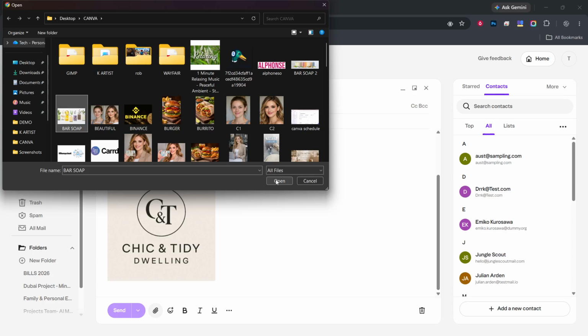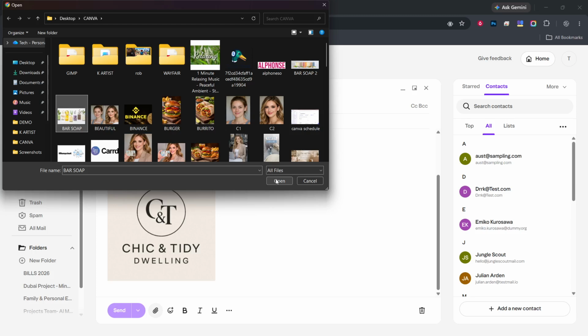Next up, choose the photo from your computer. This action is simple but significant. You will see your files and folders displayed, so find the image you want to attach. Once you locate it, click on the photo to select it. This is an important moment, as selecting the right image ensures your recipients see what you intended to share. After you choose the photo, you will notice a loading indicator, confirming that the upload is in progress.